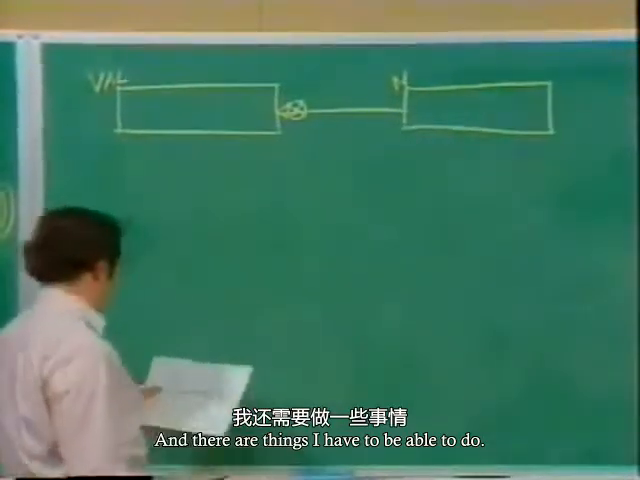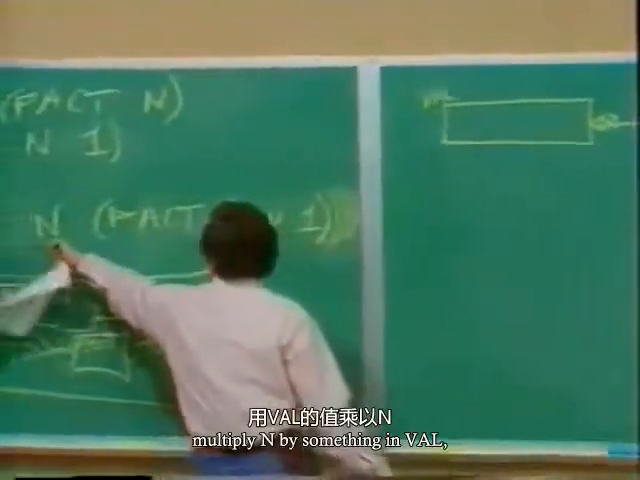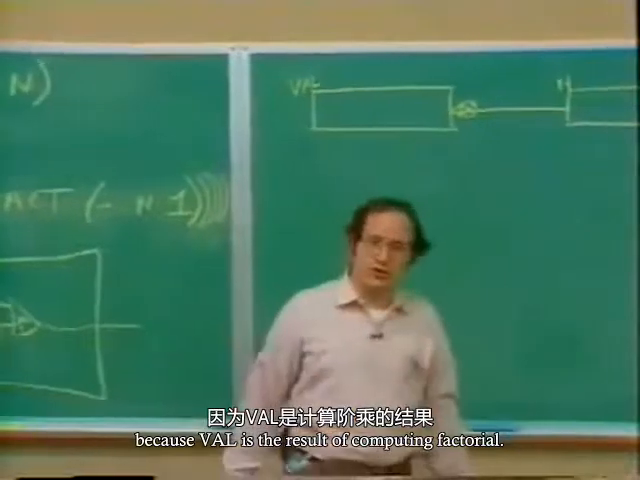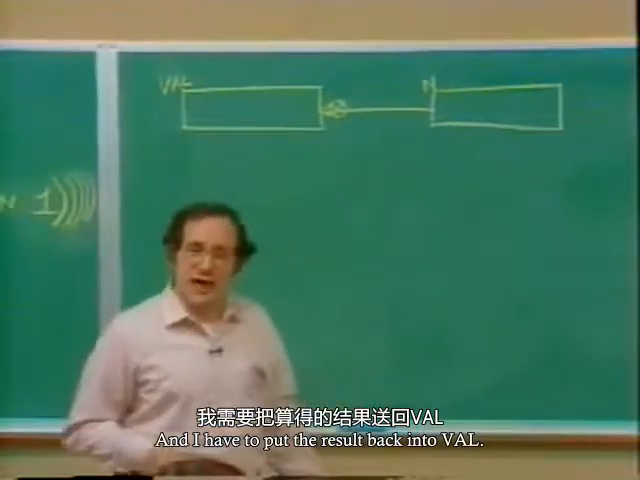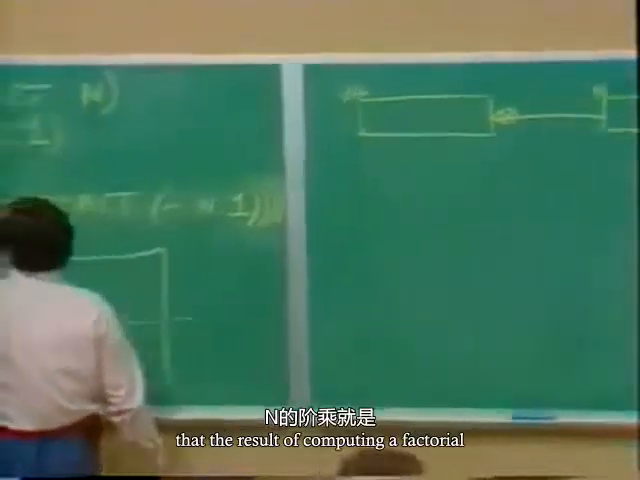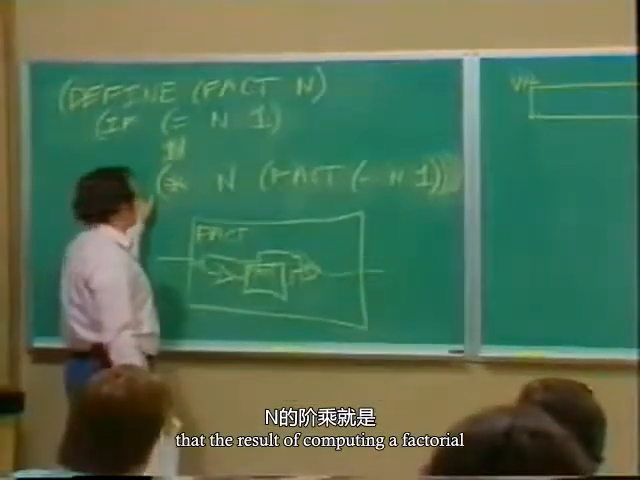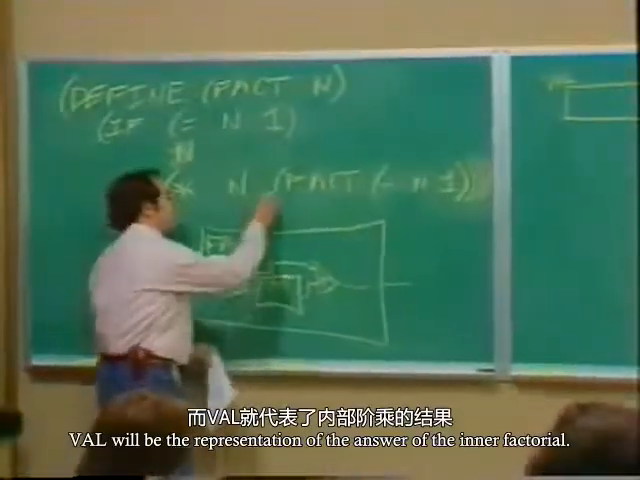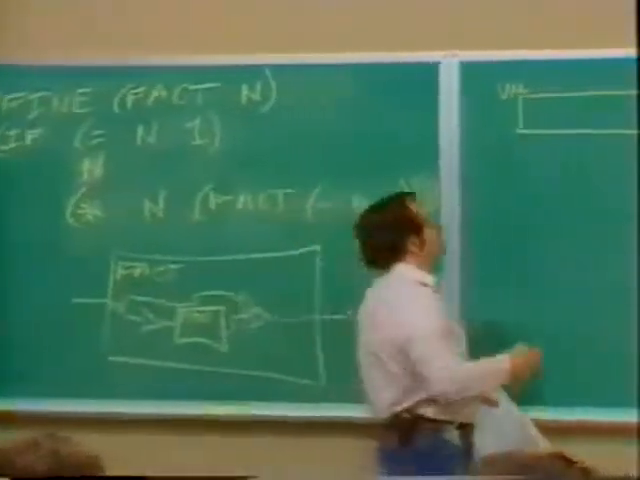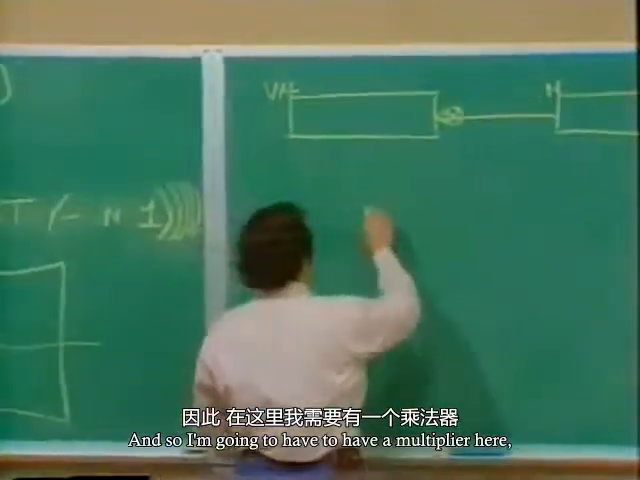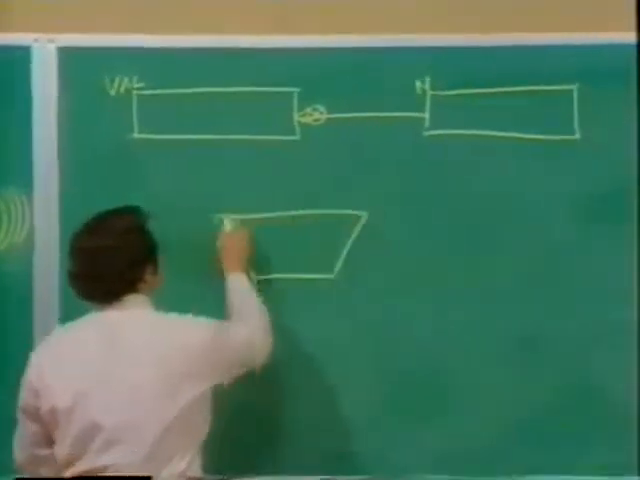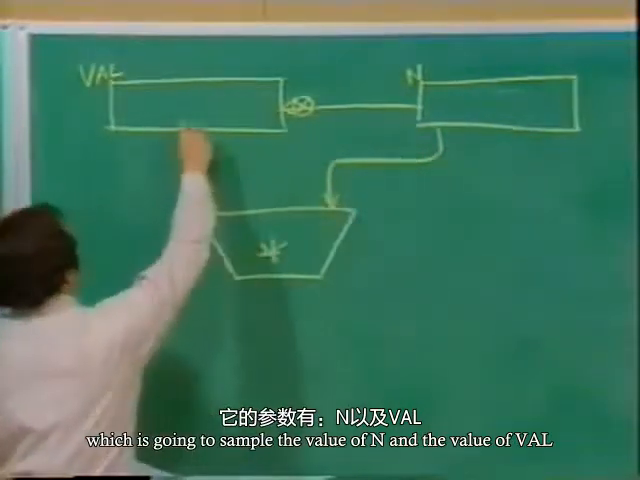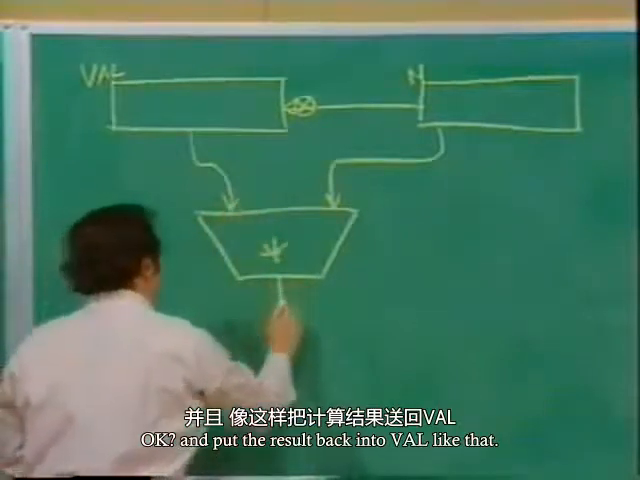And then there are things I have to be able to do. Like, as we see here, I have to be able to multiply n by something in val, because val is the result of computing factorial, and I have to put the result back into val. So here we're seeing that the result of computing a factorial is n times the result of computing a factorial. Val will be the representation of the answer of the inner factorial. And so I'm going to have a multiplier here, which is going to sample the value of n and the value of val, and put the result back into val,